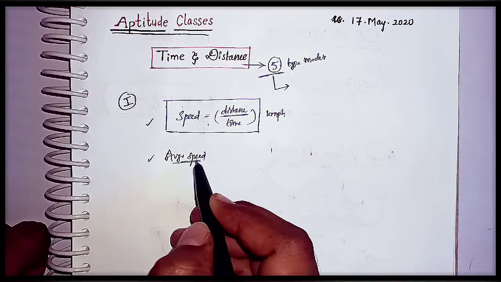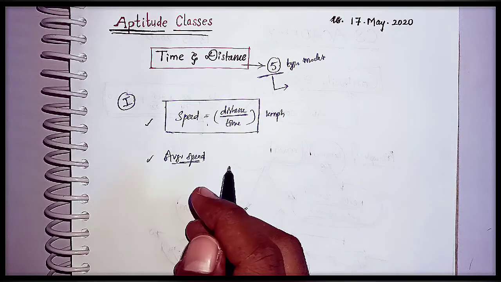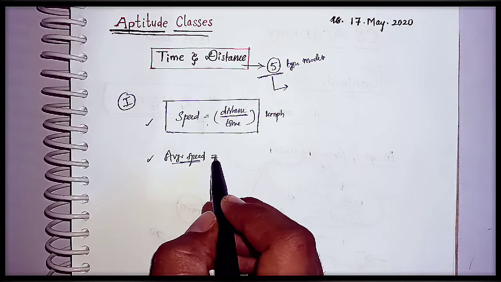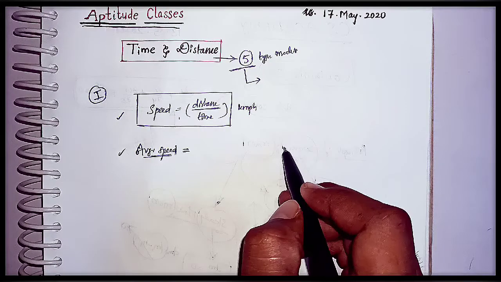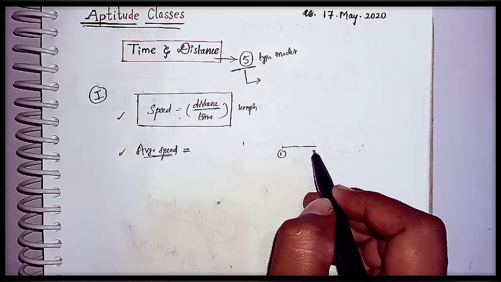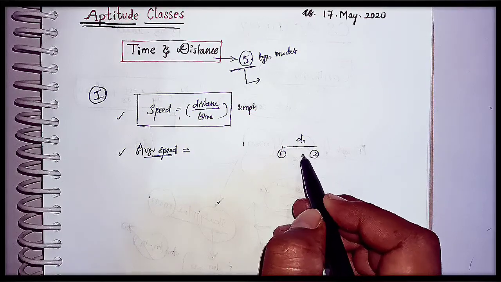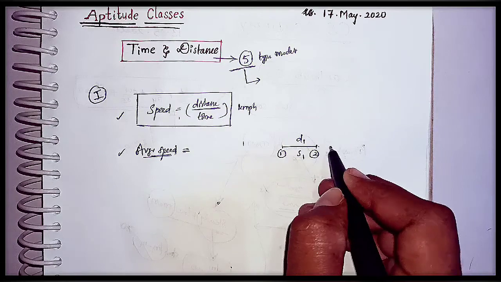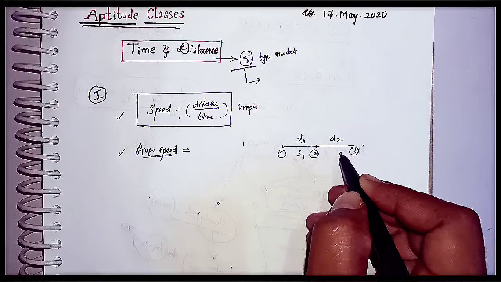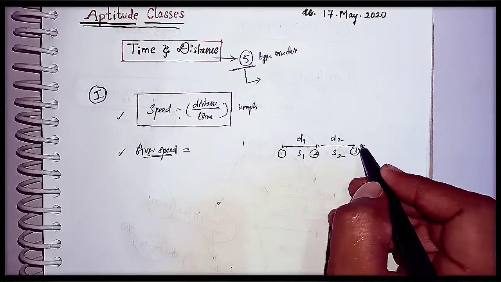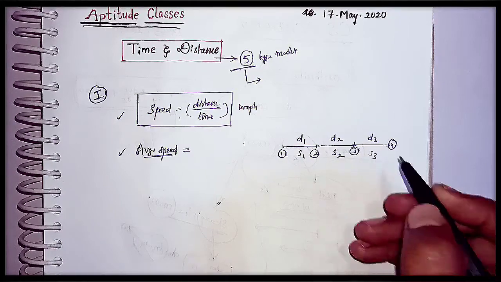Many students by-heart this average speed formula, they don't know the concept behind it. Here I will explain why we get such a formula. Let us consider a person traveling from point 1 to 2, a distance d1, with speed s1. The same person travels some other distance d2, from point 2 to 3, with speed s2, and the distance d3 from point 3 to 4 at speed s3.